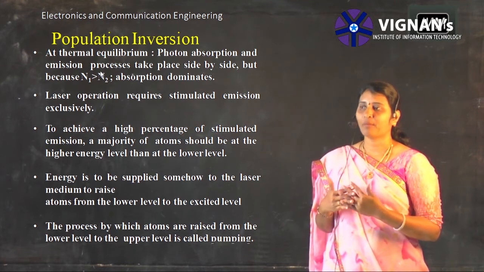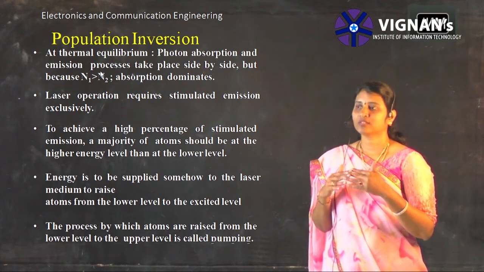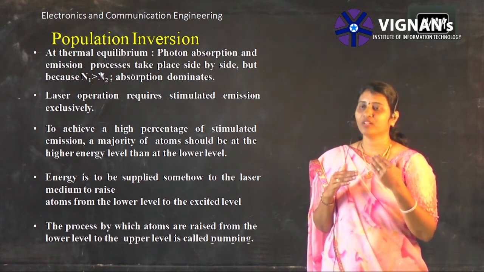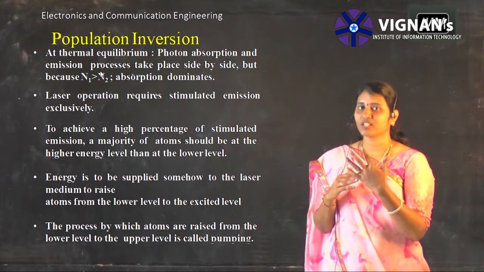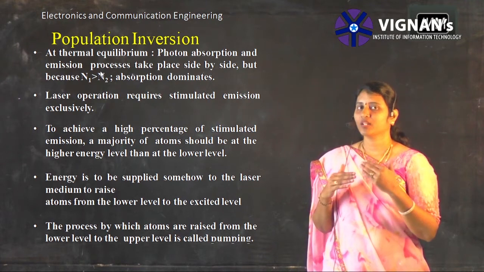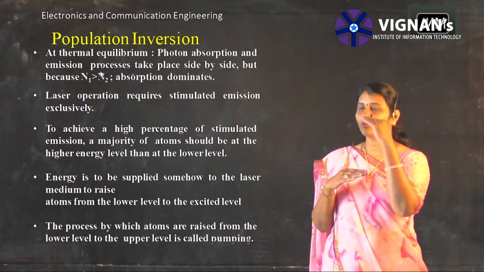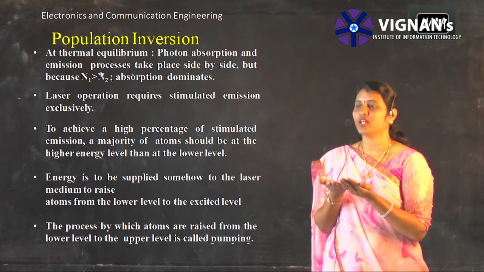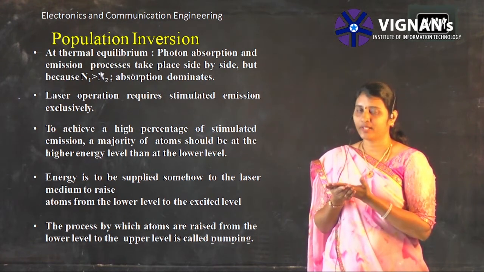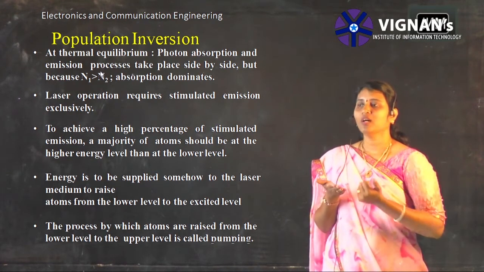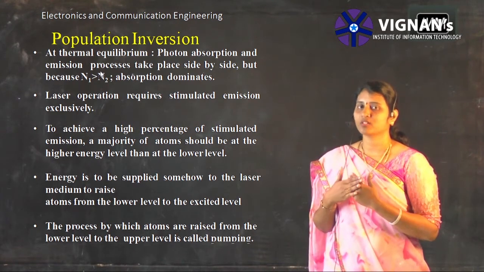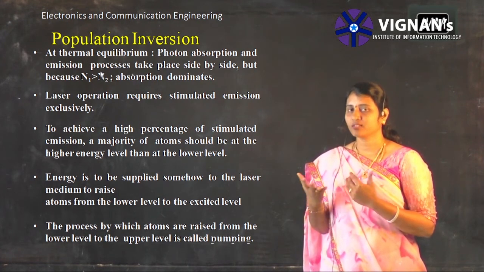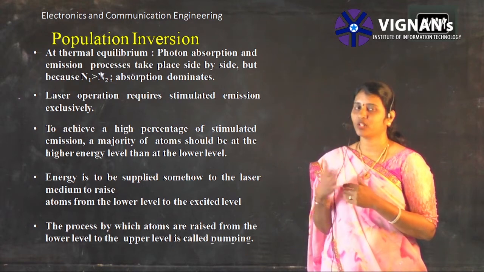When energy is applied to the laser medium to raise the atoms from the lower energy level to the higher energy level, the external energy we provide makes the electrons at the lower energy level go into the higher energy level, and this is how pumping happens. The population accumulated at the lower energy level due to thermal equilibrium will be converted into higher energy level population, and more electrons will be present here for recombination and more light can be output. That is the necessity of population inversion in laser action.